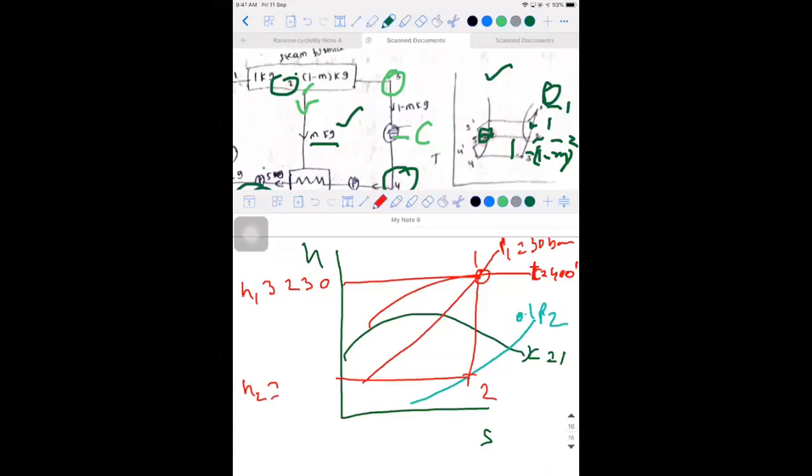Then what is the H2 value, sir? Come on, people, try to identify this. What is the previous H3? It is 2190. So you are solving the problem without regeneration, then it is expanded right from 30 bar to 0.1 bar straight away. And now the expansion is H1 minus this one.